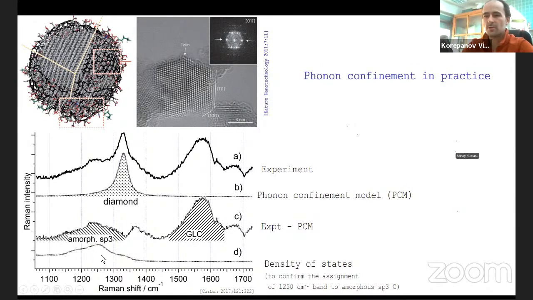And in the bottom curve, you can see the calculated result, which confirms the assignment of the 1250 band to amorphous sp3 carbon. So this is a very efficient tool to analyze the Raman spectra of small sp3 carbon